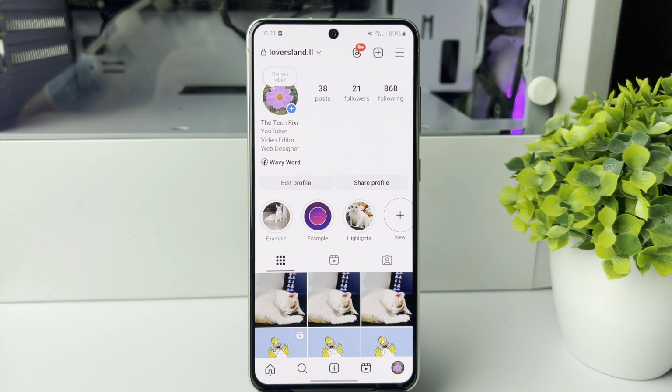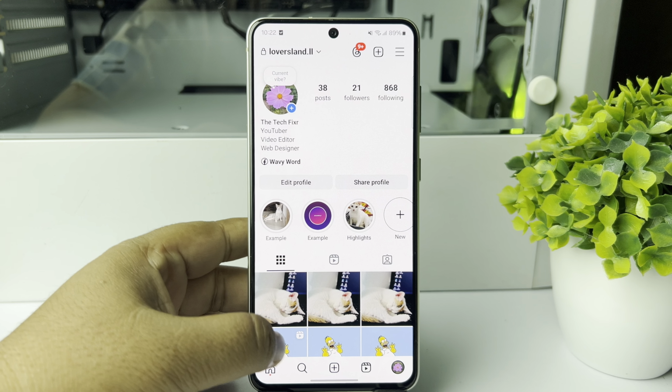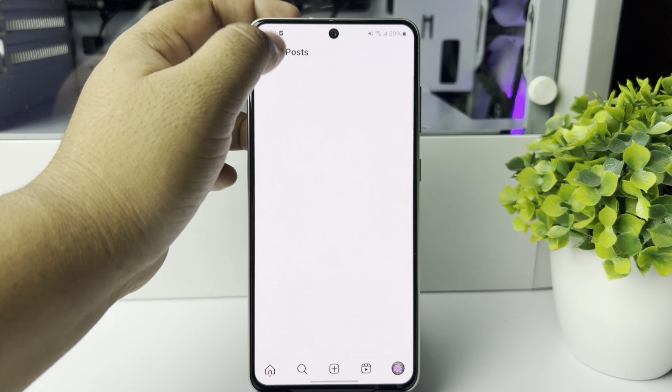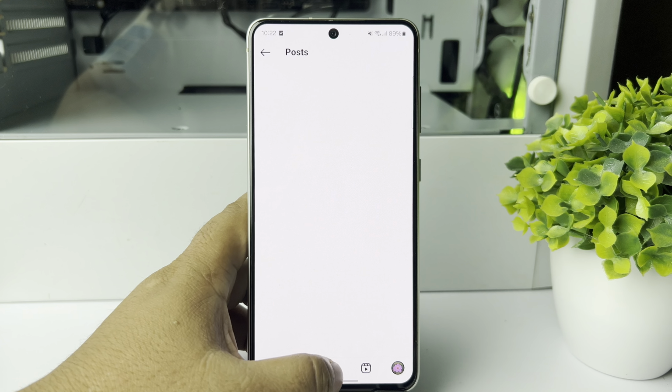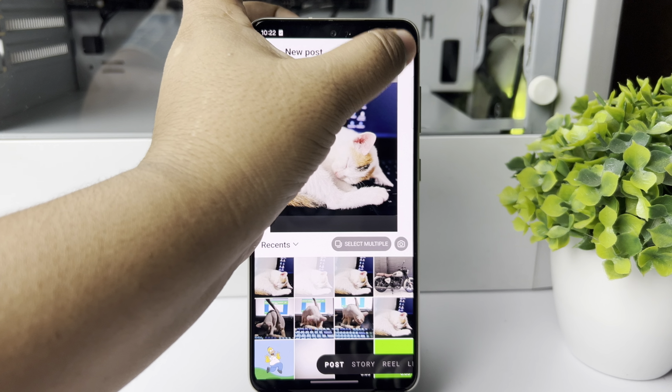And the next method is to change the post audience. So let's simply upload a new post, for example. Here I'm tapping on the plus icon, selecting post, selecting a photo, next,